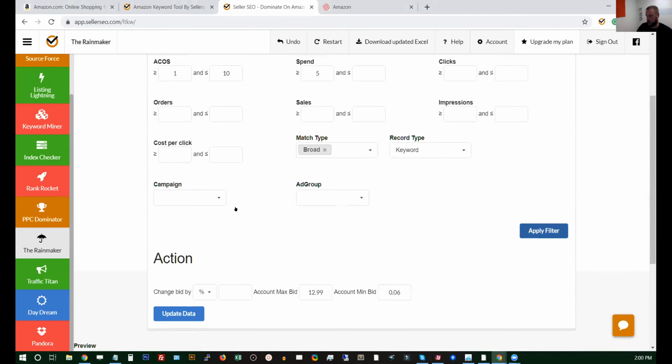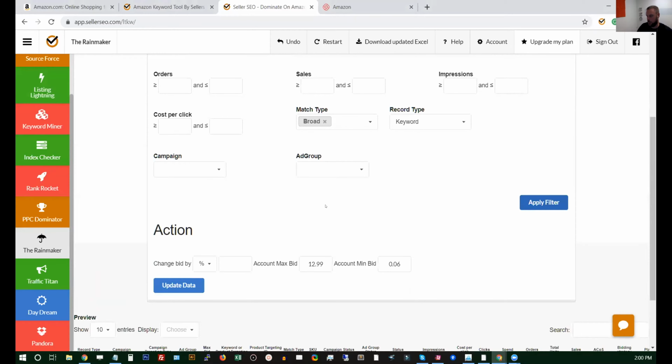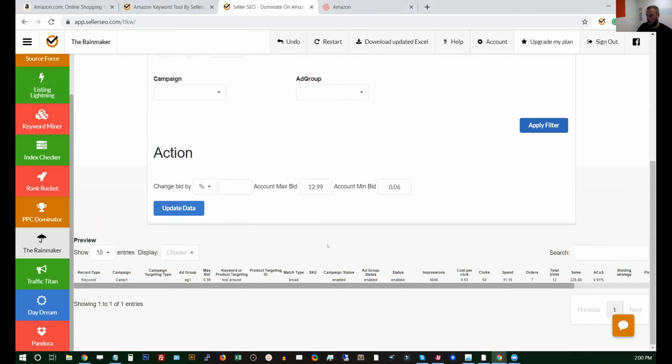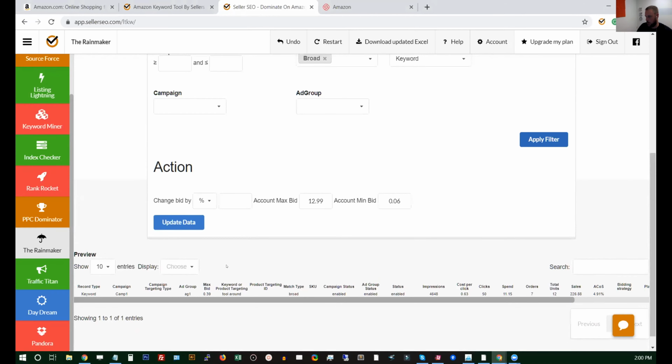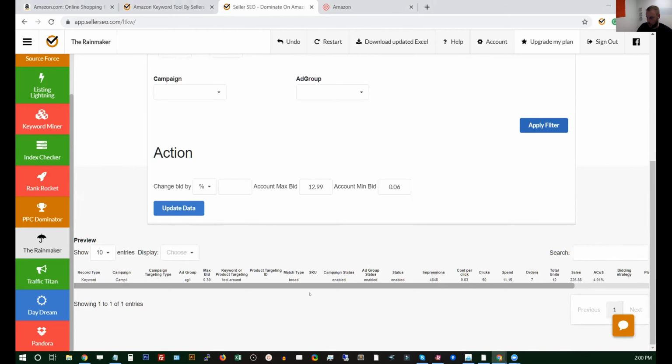Now what that's going to do is go through the 38,686 keywords that are in this account, and it's going to filter down to the matching keywords that have an ACoS between 1 and 10% and have had at least $5 of spend, within the time period that we set. So, between 1 and 10, you can see I only have one keyword